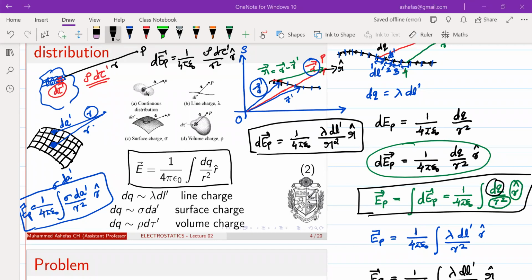So in general, I can write the electric field as 1 by 4 pi epsilon 0 dq by r square r cap, and this dq can be replaced by lambda dl prime or sigma dA prime or rho d tau prime, depending upon the situation. So in general, in principle, this